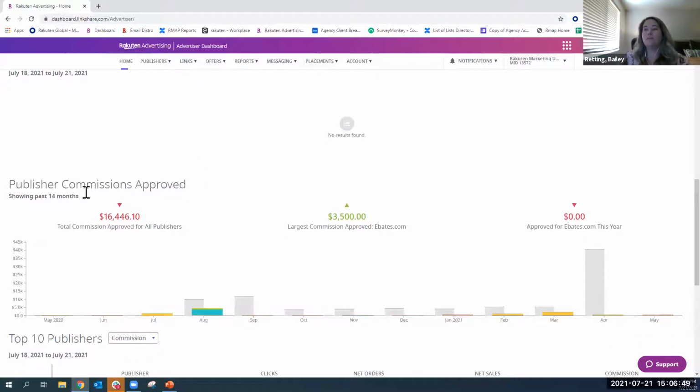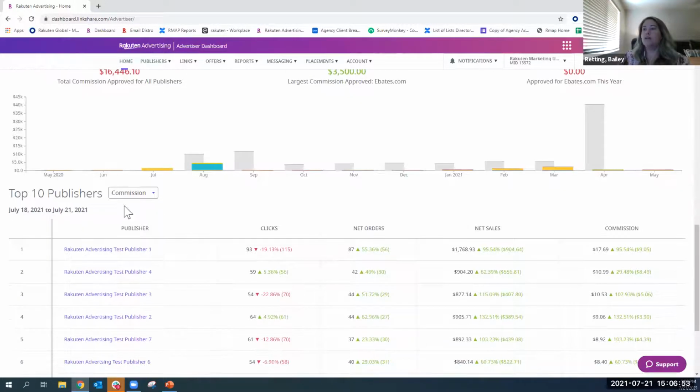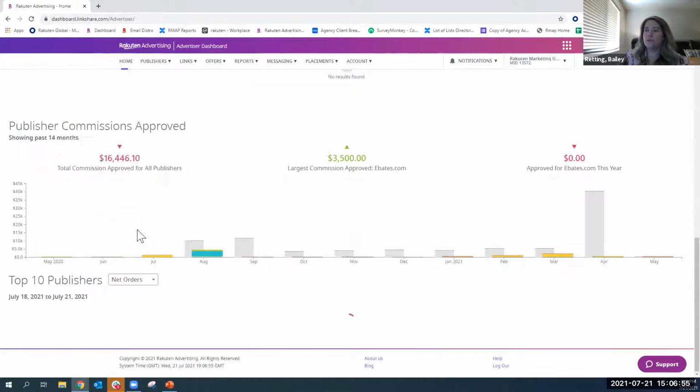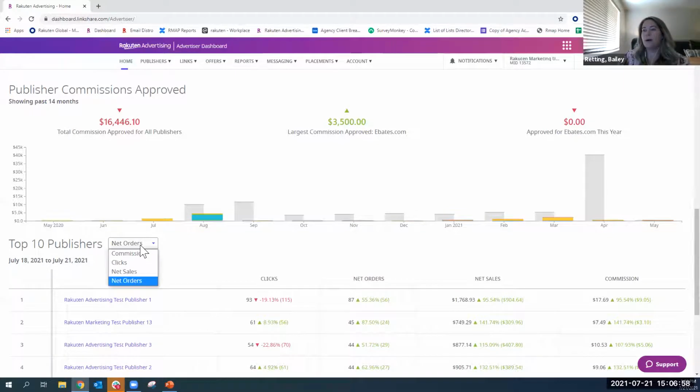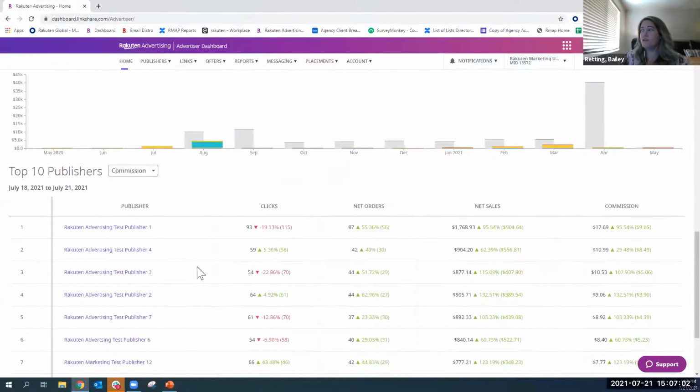And then you could see the publisher commissions approved and the top 10 publishers for your program. If you wanted to sort them by orders, you could do that. Or if you wanted to sort them by commissions, you could do that. And it will list 1 through 10. Again, this is just a quick snapshot of what's happening. You probably won't spend a ton of time on this homepage, but we do like to point out the features